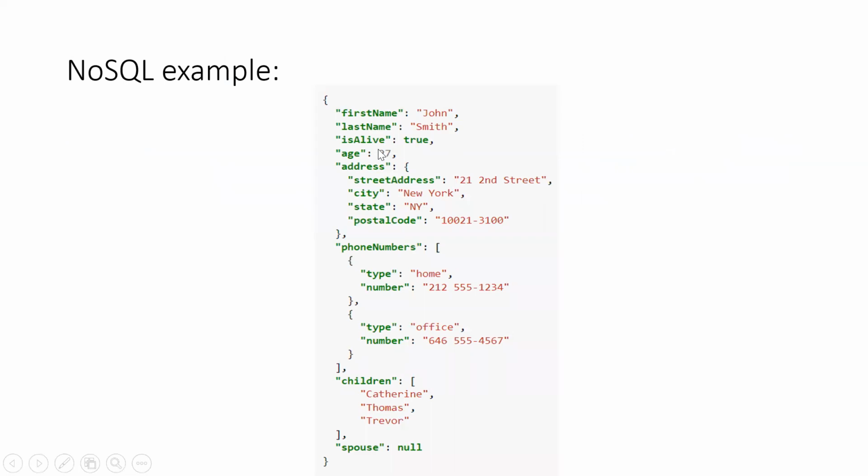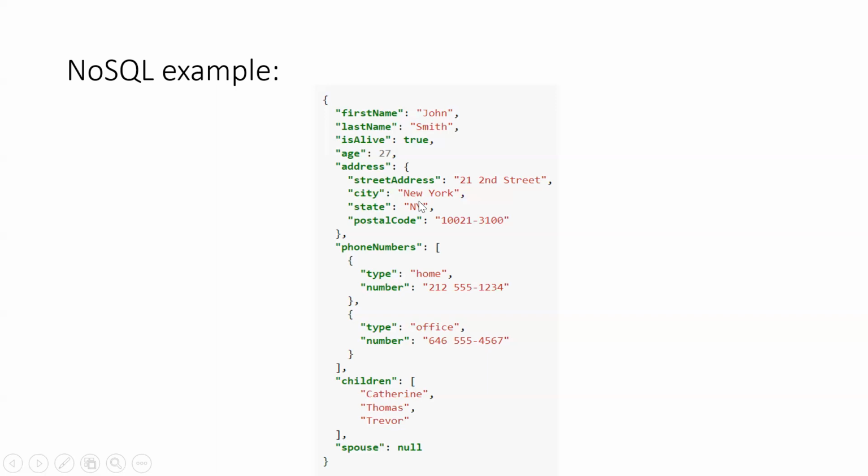If we want to store hierarchical information, like first name, last name, is alive, age, those can be represented in a relational database as well, as columns, with the data in the first row. That is fine. But starting from address onwards, this can be a column with sub-columns. This is a hierarchical structure in NoSQL, which is not possible in a SQL database. So to maintain hierarchical data, it is much easier for NoSQL to store it.